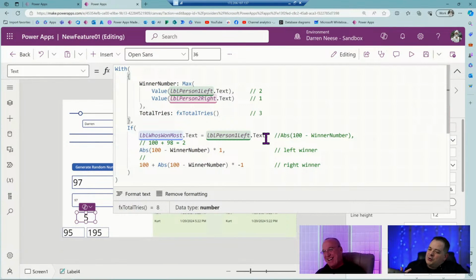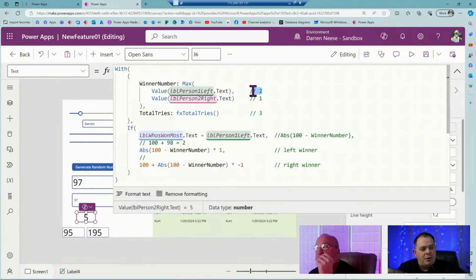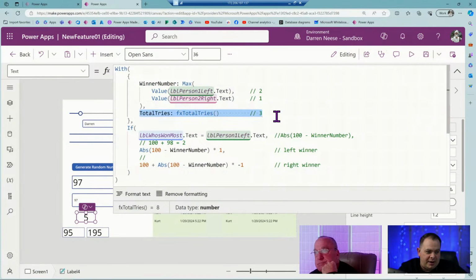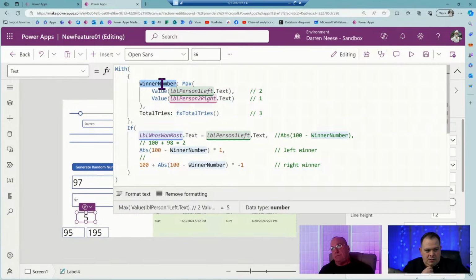What I needed to do, well, you kept on saying right, and I'm like, I don't know if it's right or not, Kurt. What I'm saying is, you said if the left guy has 2, the right guy has 1, we have a total of 3. That's what I needed to work out in my brain. When you said right, your question was when the winning number would be 2 based on this scenario, and then you had a question.